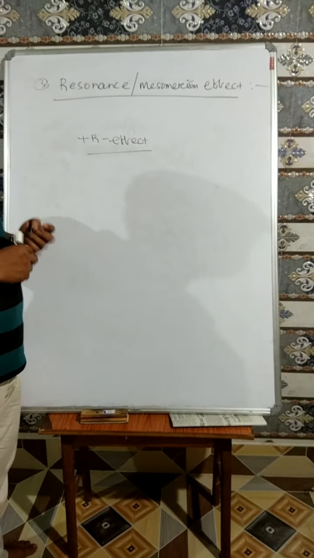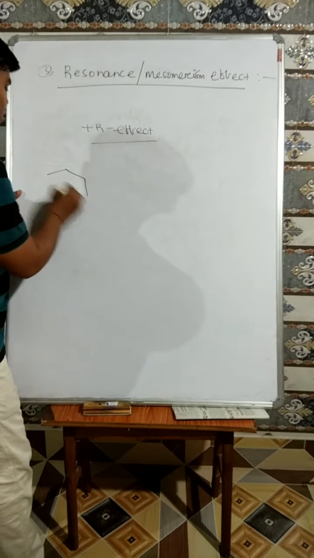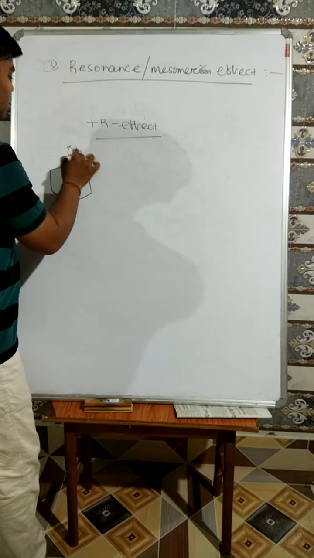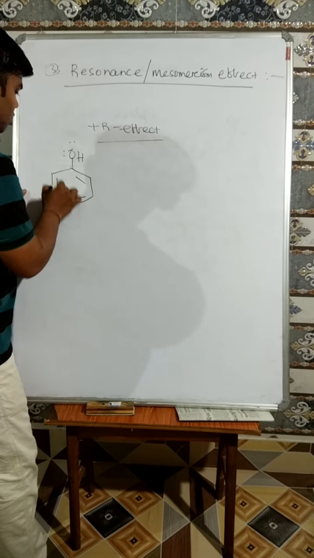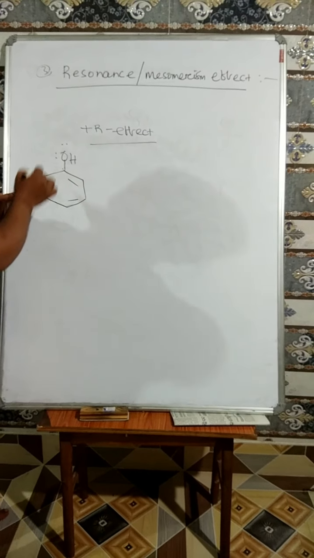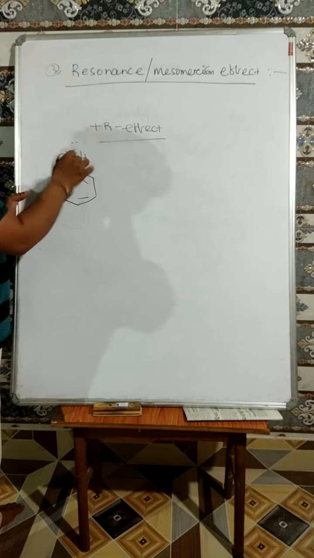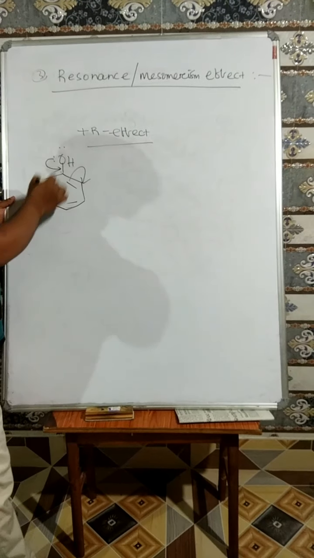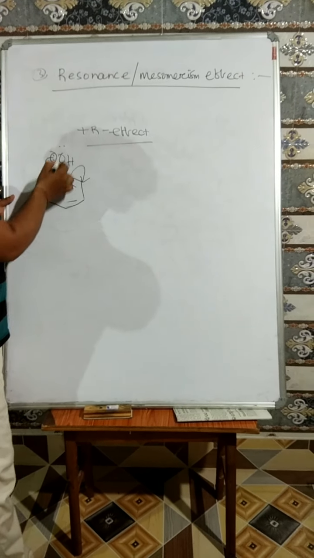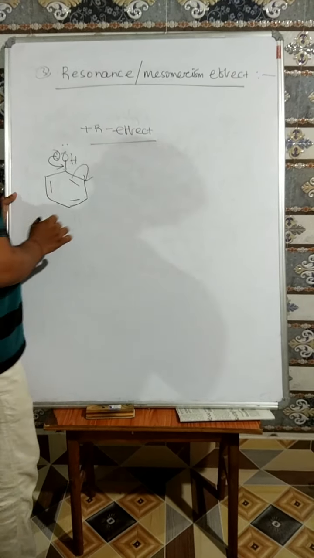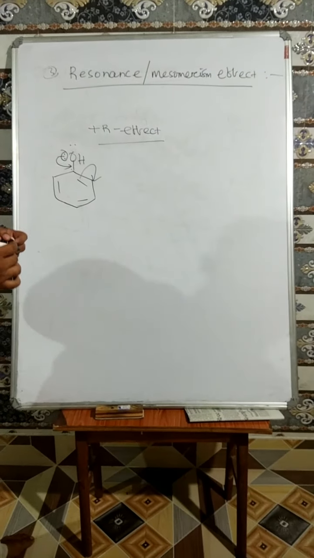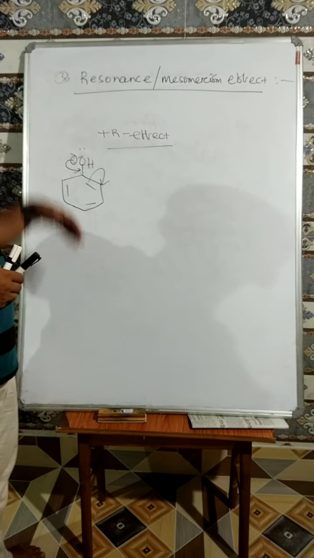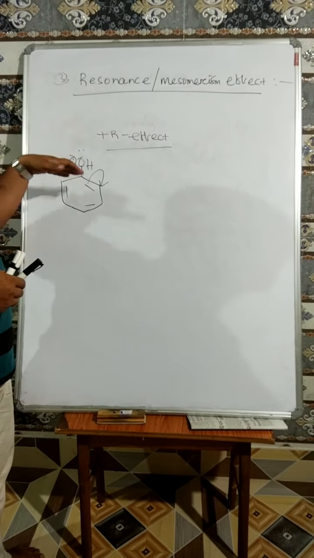We have already discussed the resonating structures in case of phenol. Again I am writing these structures. You see in phenol, the lone pair electrons on the oxygen atom first donate, and the conjugated double bonds shift. So here first the electron pair goes towards the ring. So I am saying positive resonance effect is caused if an atom or group of atoms has an ability to donate electron pairs to the ring or to the conjugated system.